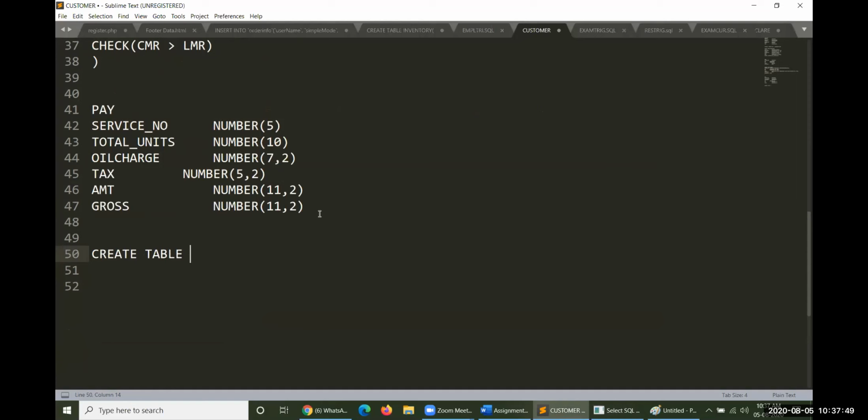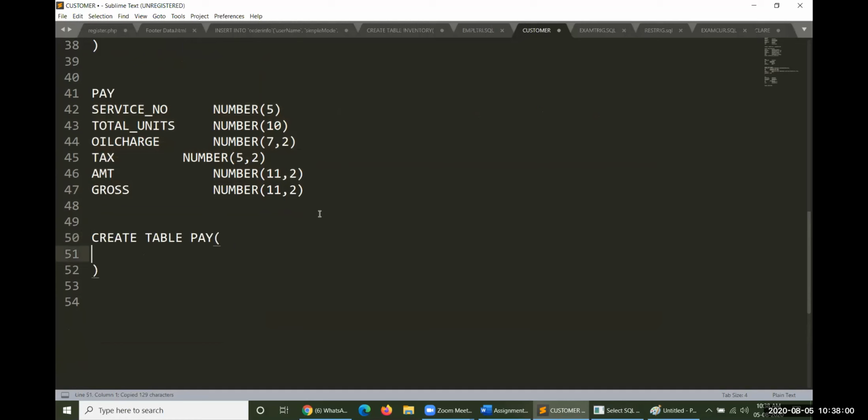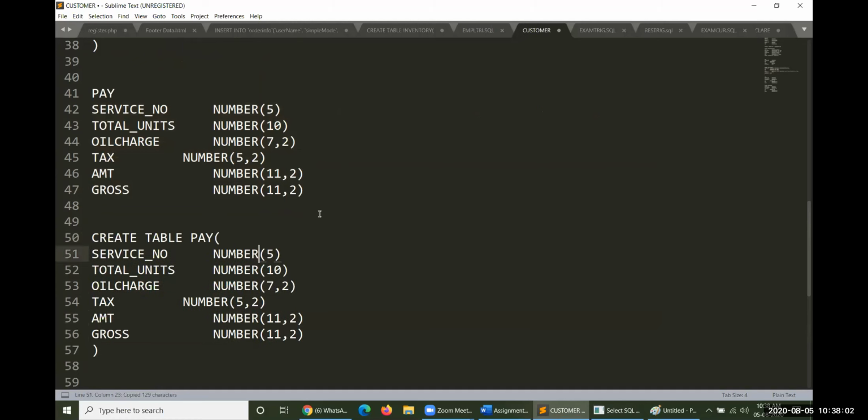Create a table pay. Let me copy everything from here to here. Let me make some changes here itself, then it could be somewhat better.